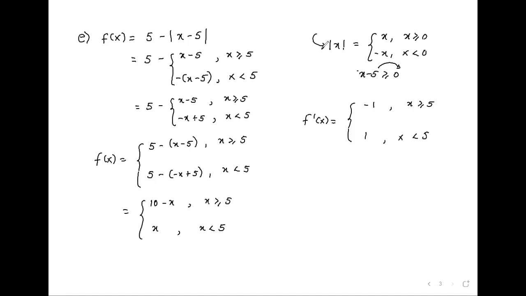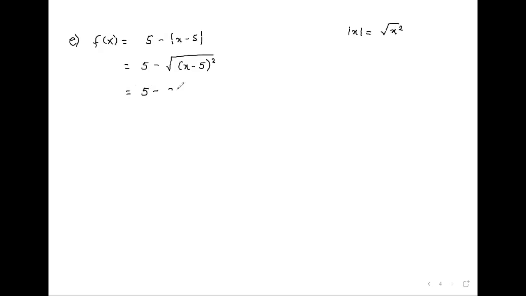Or maybe that would be too confusing. So let's leave it here and see another definition, so that you see this is 5 minus the modulus of x minus 5. Now this can be written as 5 minus the square root of x minus 5 squared. It's another definition of the modulus. The modulus of x is the same as root x squared. So this is 5 minus (x minus 5) squared